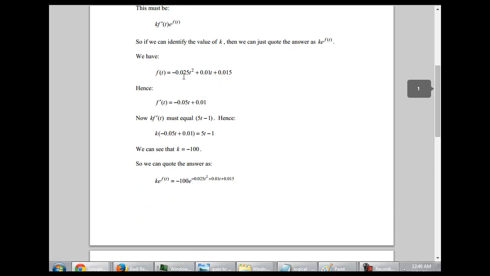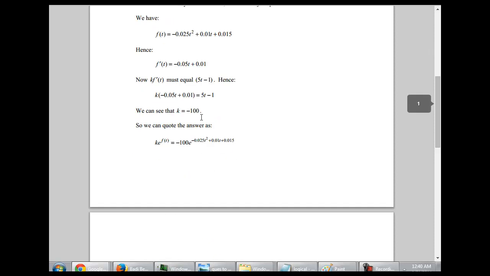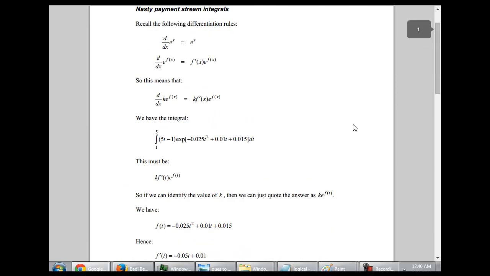Now when I look at this, you see that the first differentiation of this is 0.5 phi t, and you see a phi t here. It's not the same thing. So if you search for a k, you'll put that k minus 100 outside, so that you can directly integrate this. So once you get the k, you get the integration in that format, and you can directly integrate that.